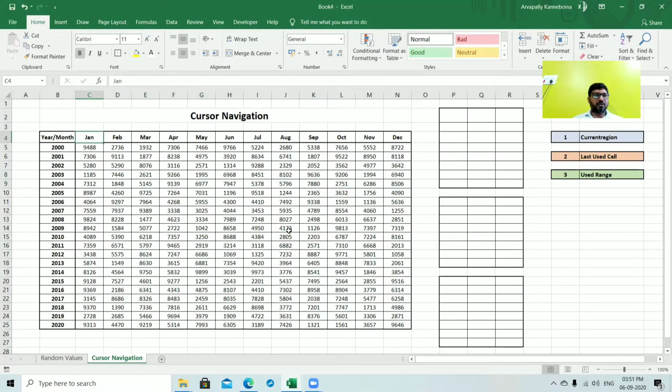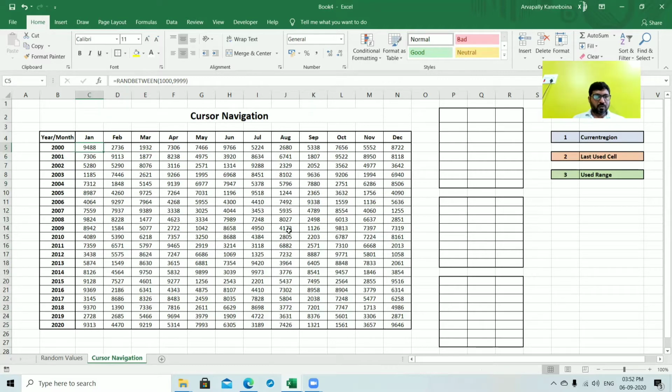So if you want to select all January data from 2000 to 2020, just hold Control Shift and the down arrow key, press the down arrow key, and it will select the entire January data for all the years.